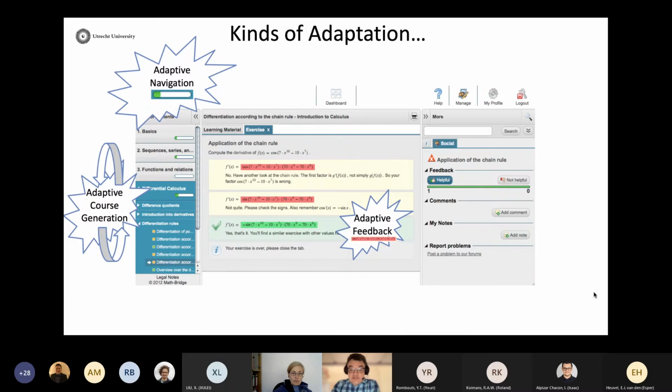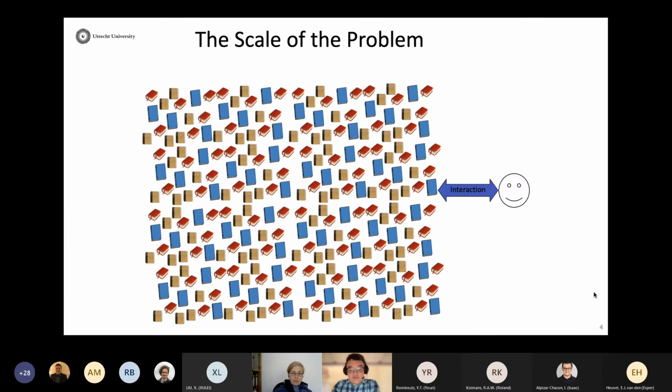And we essentially currently live in the open corpus world, right? So this is the scale of the problem that we have. So when our students interact with some kind of content online, and there is plenty of content, the question is, is it possible to implement this kind of adaptive educational approach within these open corpus settings?